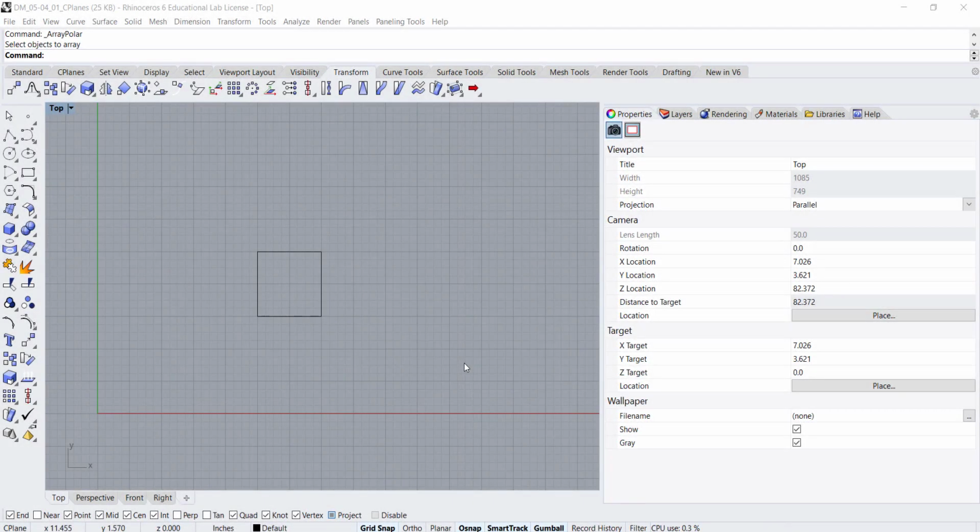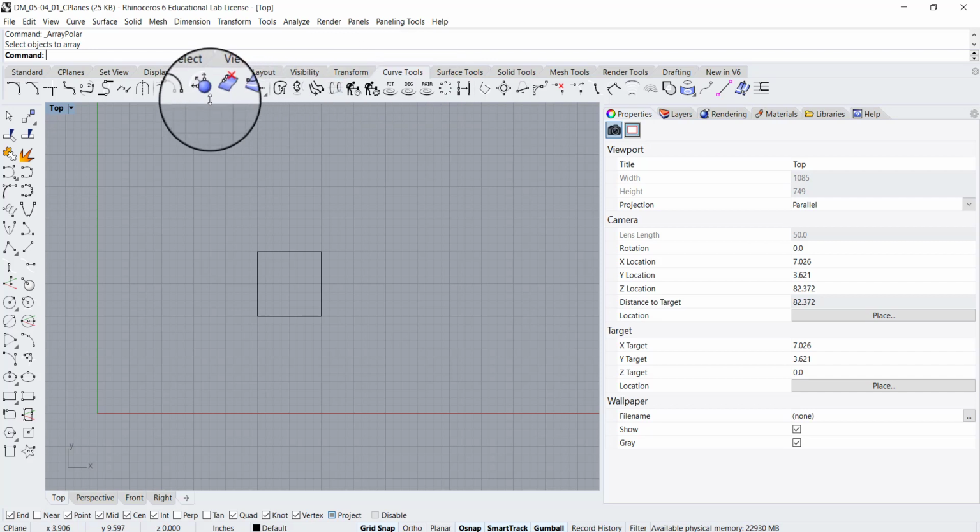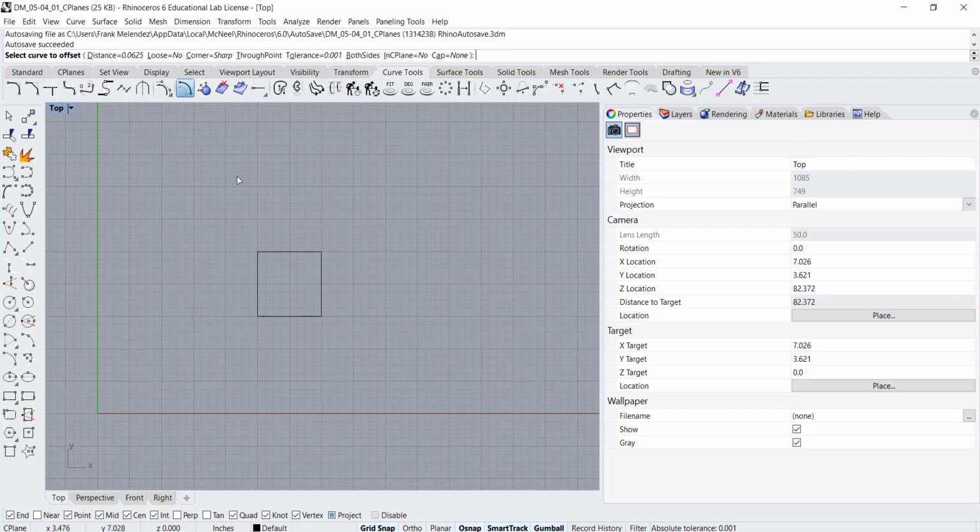Let's look at two other replication tools, offsetting and tween curves. These tool icons are located under the Curve Tools tab. So if we switch over to the Curve Tools tab, we can find Offset Curve. And Offset Curve is one of the most common tools for